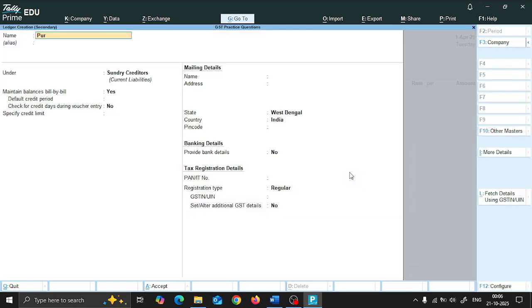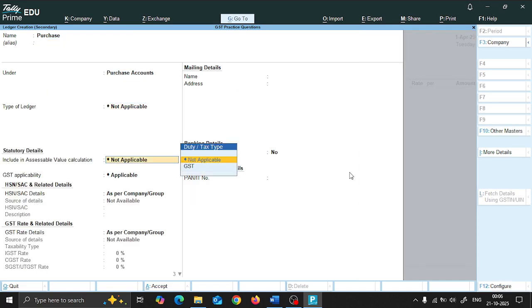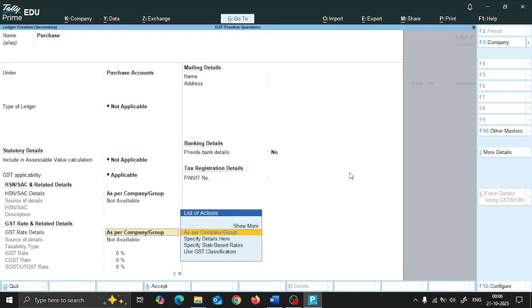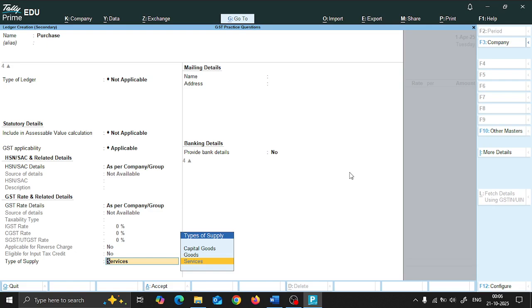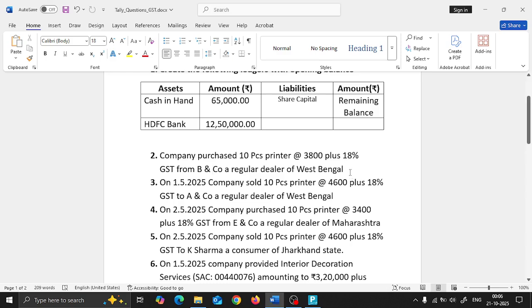It will be purchase accounts. Since we need GST to be applicable in this, it will be like this. You can call it goods, services, anything would be fine, except now what we require is 10